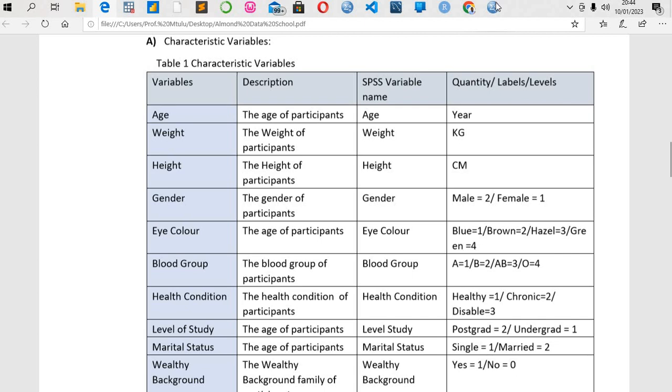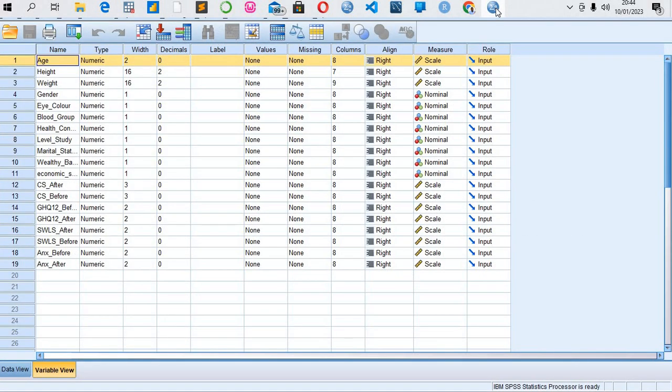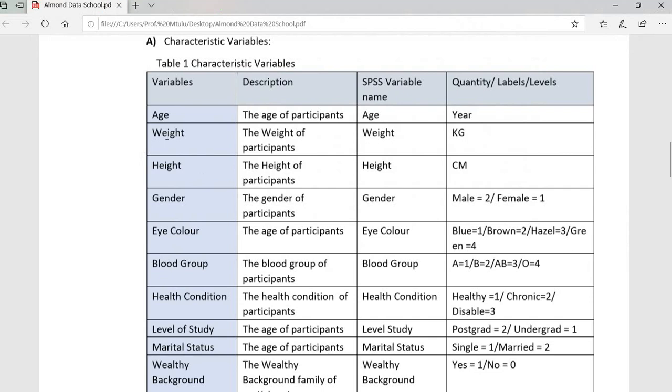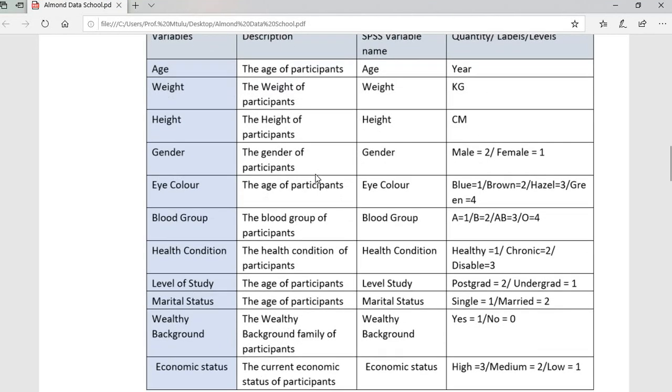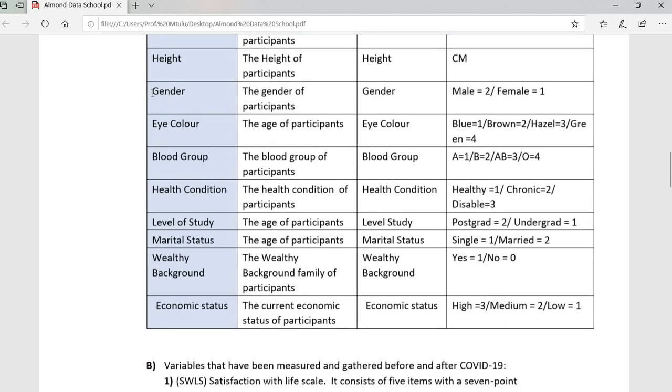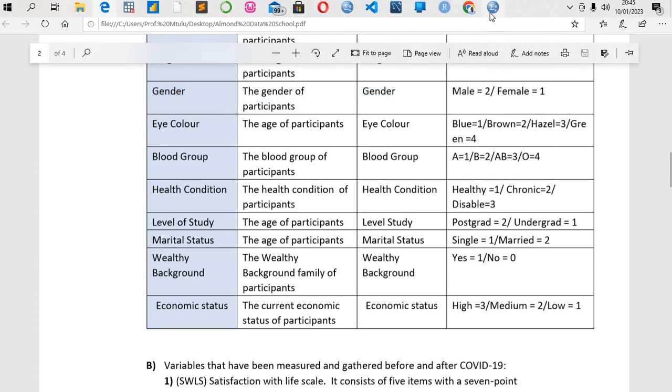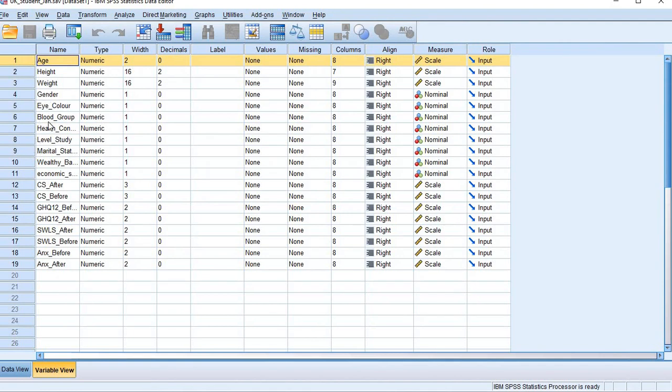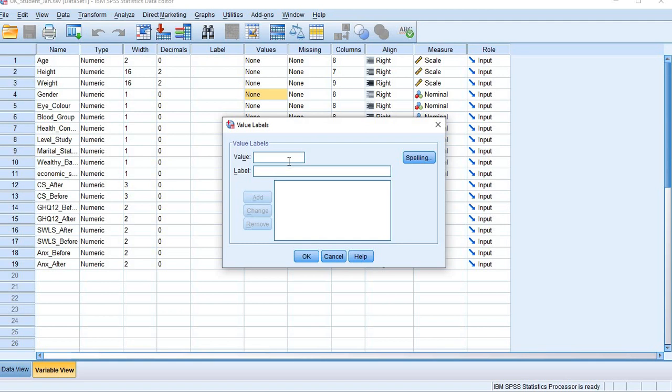So we go to the next variable and see the next one is weight. Weight is continuous, or rather you can check from here. Then we can see gender is categorical, and male is coded as 2 and female 1. So we go to our SPSS. For gender, we will have to have our labels. So 1,